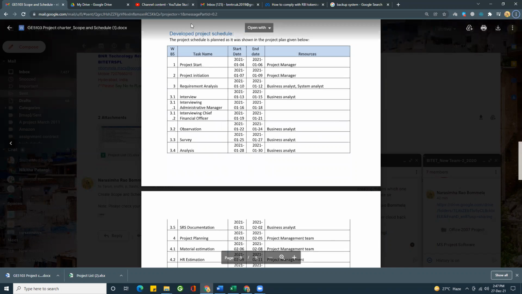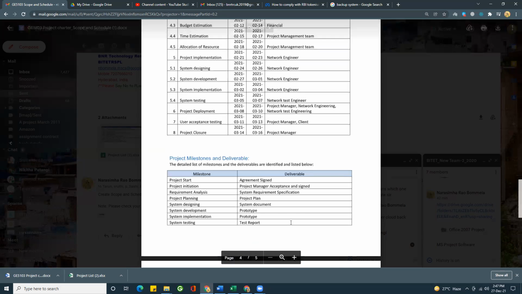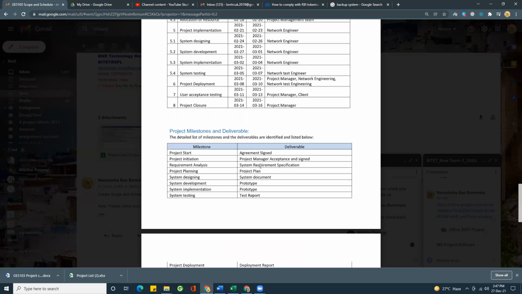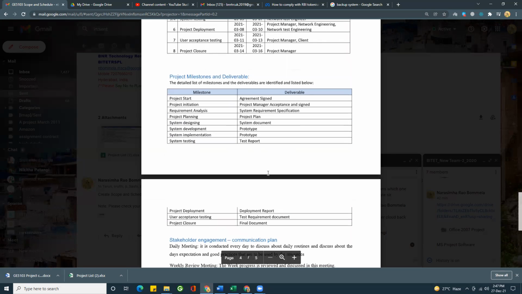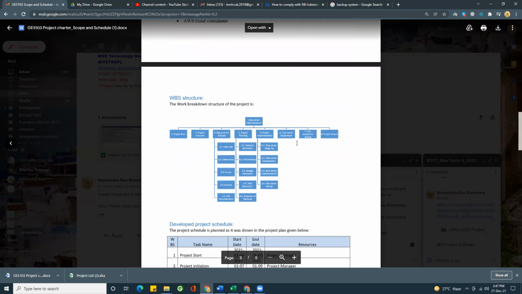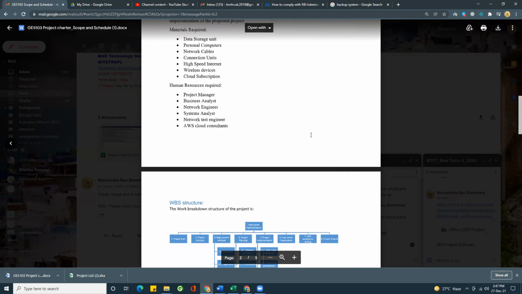So along with the project schedule, at each task you should identify who is the person that will be working on that activity, and you need to mention their names over here. You select appropriate names, and after each activity you will mention what kind of document you are going to generate. So after this, you are already done with the work breakdown structure.